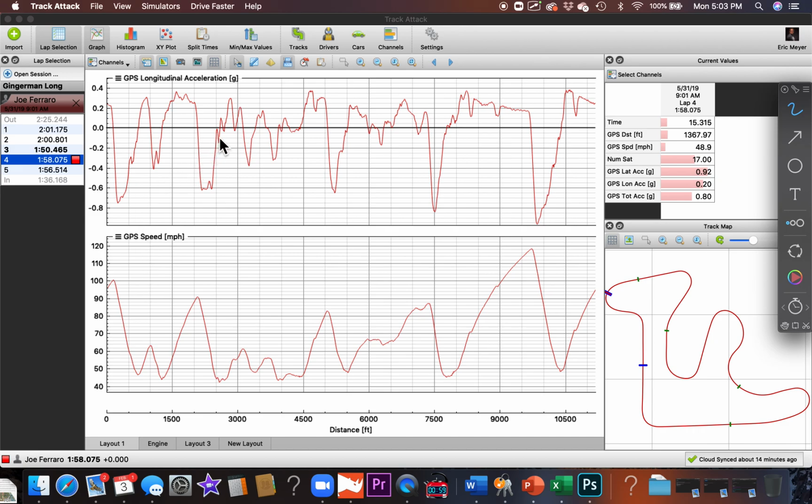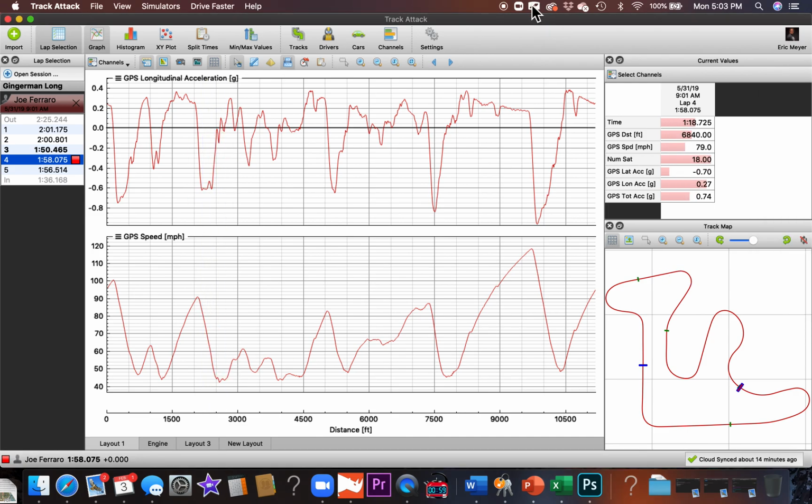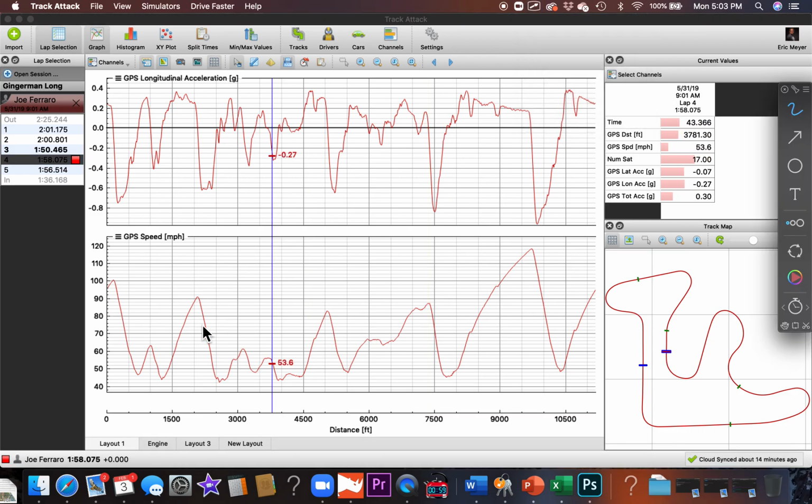So this thing right here is right here. It's right here. Okay, that's longitudinal. That's your feet. Okay, now we're going to jump over to